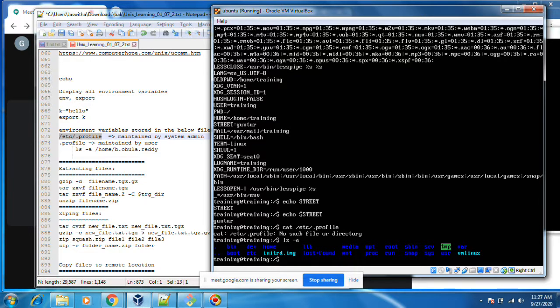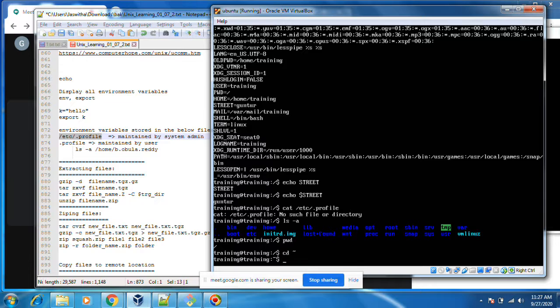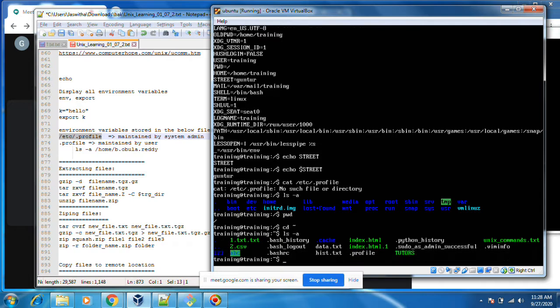You see the dot profile is here. Every user has a dot profile.